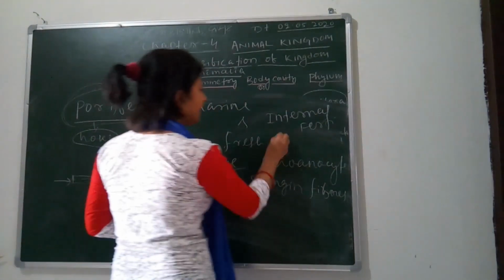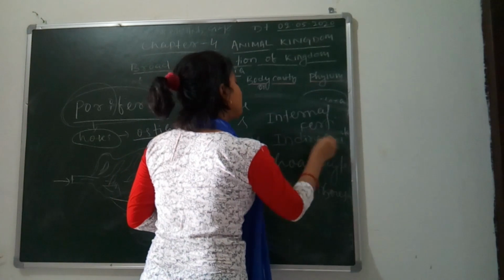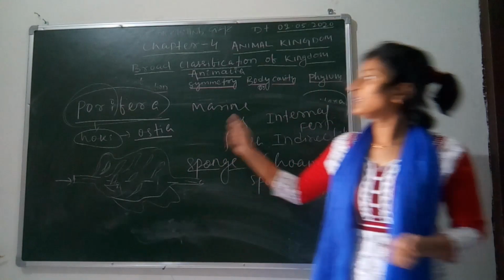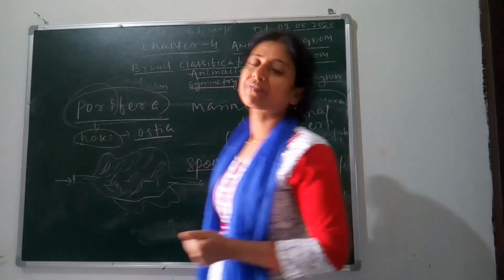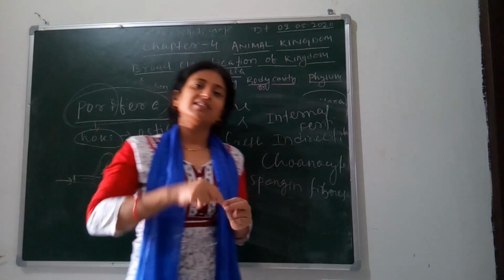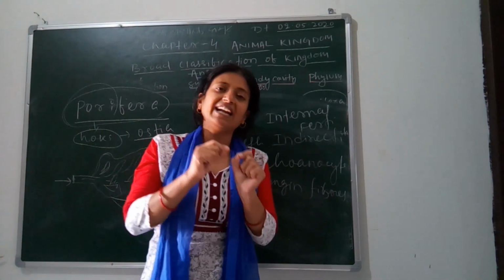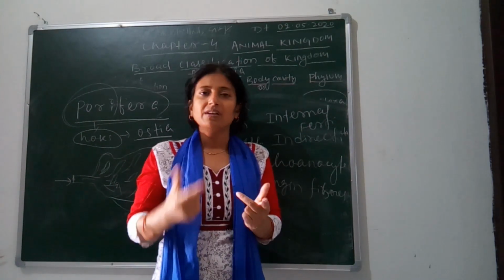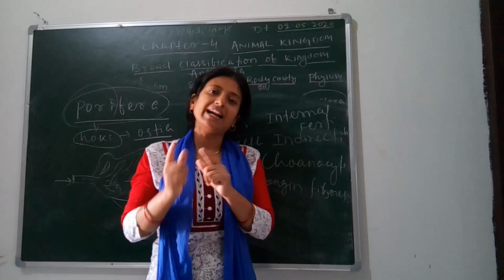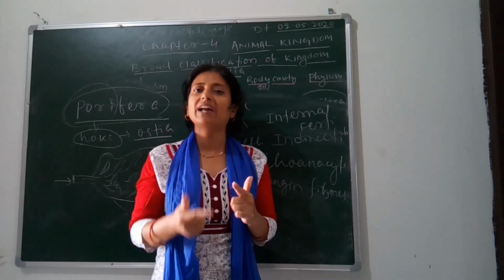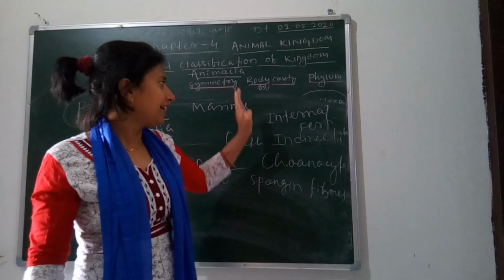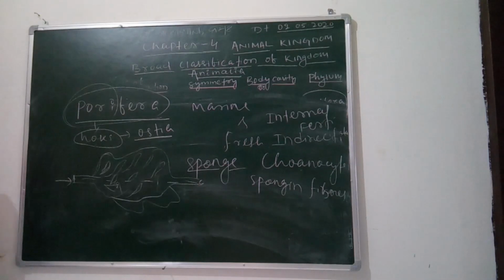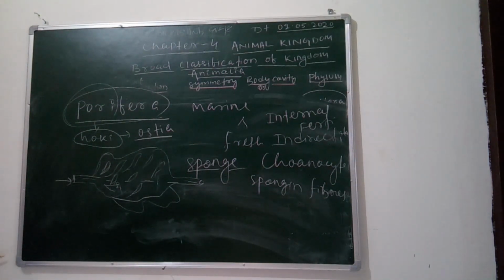Development is indirect. Indirect means, for example, human beings give birth directly to a human child, but in the species of Porifera, development is indirect, meaning growth takes place through a larval stage, and that larva has no resemblance to the adult. When the larva grows, it converts into an adult, and at that time it matches the parent. Otherwise, during the larval stage, it can't be matched with the species of Porifera. So this is how the organism Porifera is described.